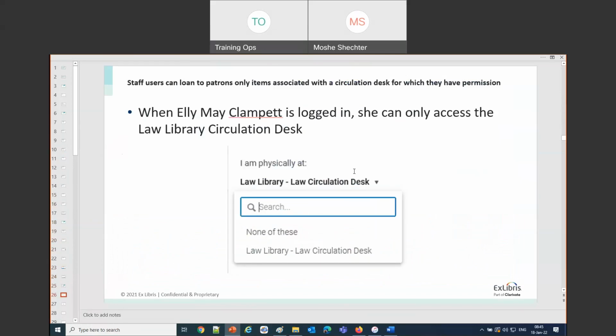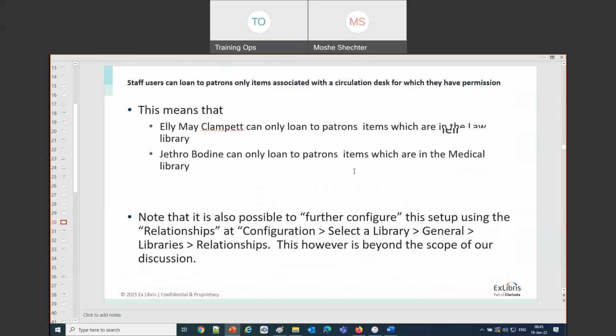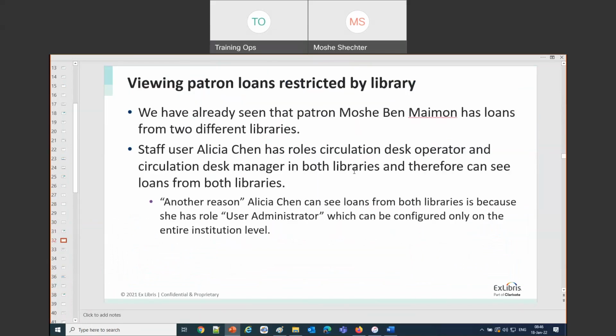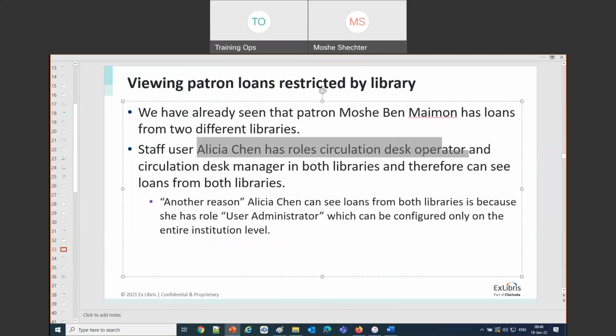I will skip this part about the circulation desks. And this is where we are now, viewing patron loans restricted by library. We saw that Alicia can see loans from all places because she has roles circulation desk operator and manager in both libraries.